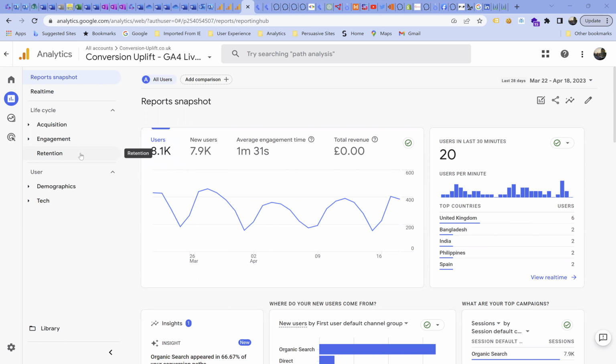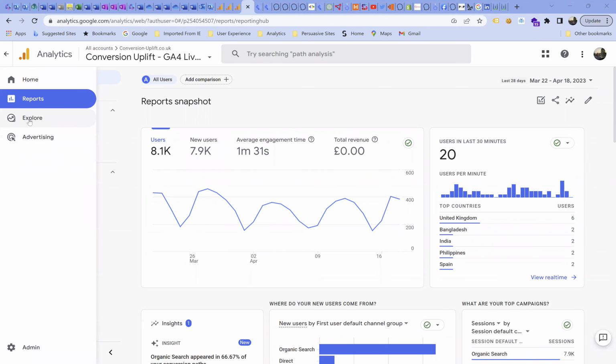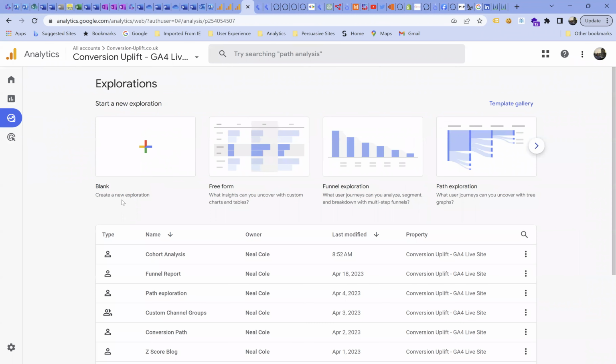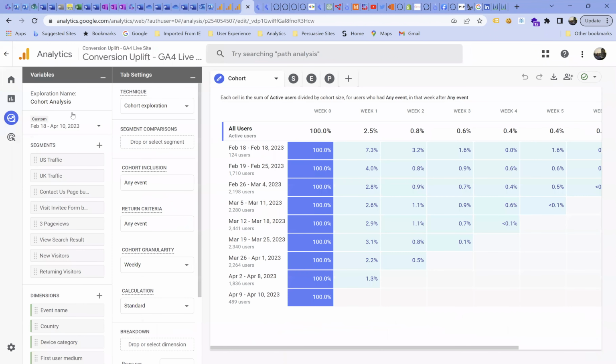Today I'm going to show you how to create segments in GA4 and audiences. The easiest way of going about this is to go to the Explore section and open an existing exploration report. We've got a report here, we'll click on. This has some existing segments just to speed up the process, but I will show you how to create them